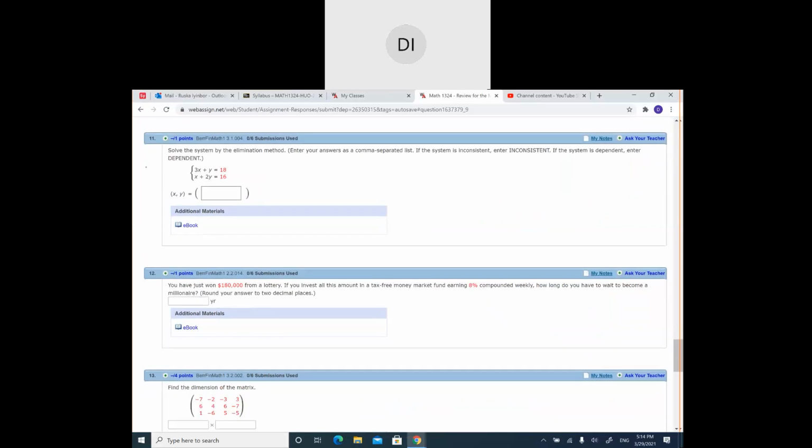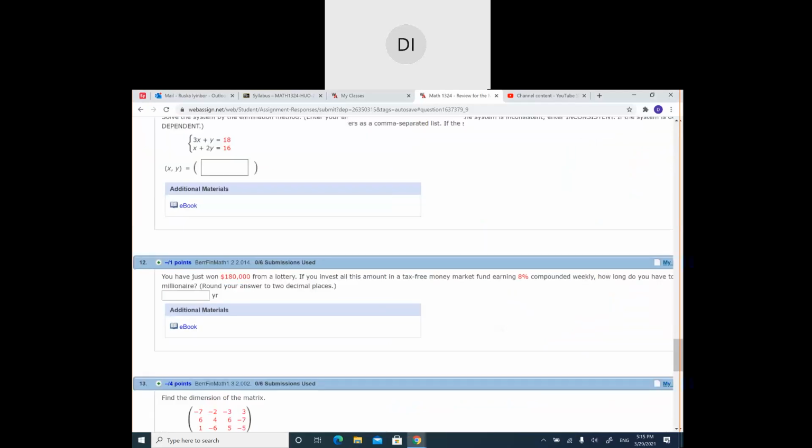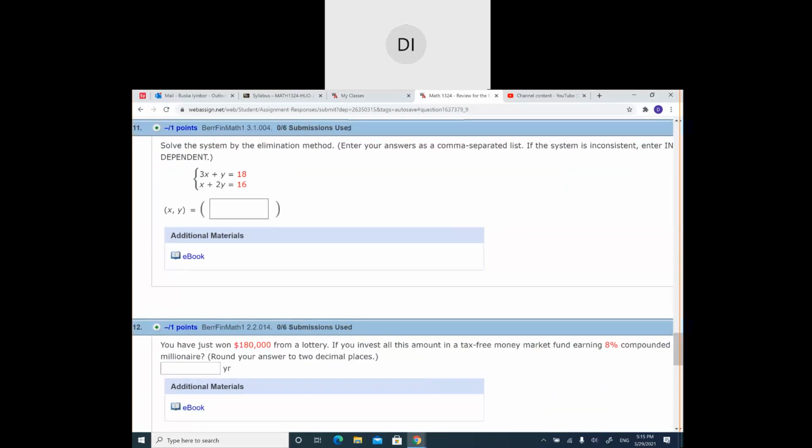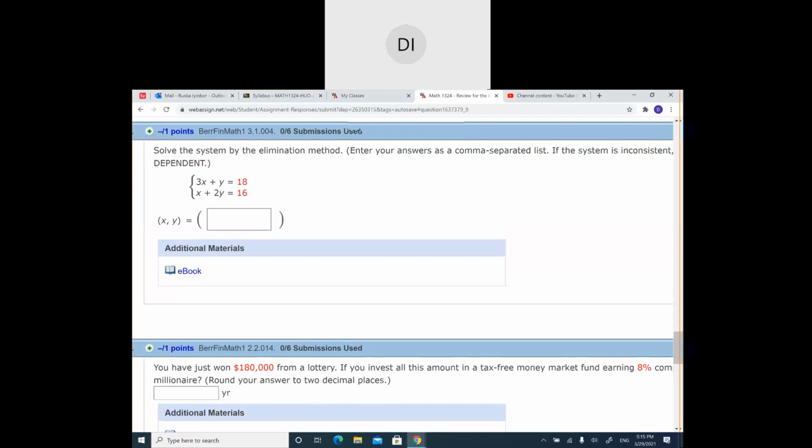So number 11 is solving a system by elimination. So if I want to eliminate, I have to cancel x or y. So that's what you're going to focus on. So let's say I want to cancel y. So if I want to cancel the y, I need to multiply the first equation by -2, because in front of y I have 1, in front of the bottom y is 2. So when I get -2 in the top and 2 in the bottom, they're going to eliminate, you're going to get 0. So I'm multiplying the whole first equation by -2, so that gives me -6x